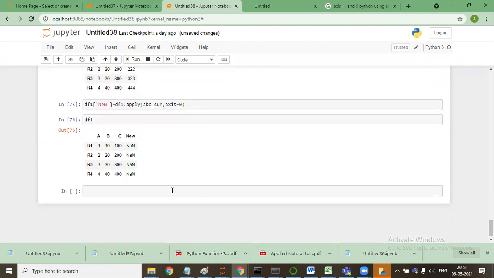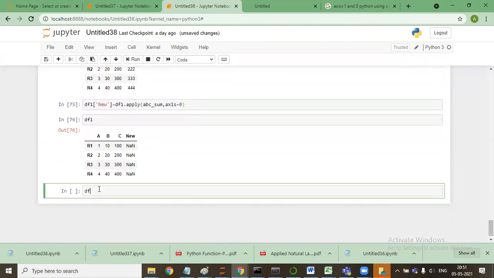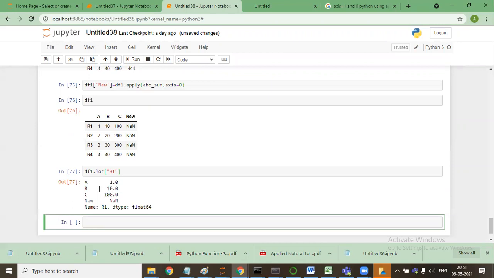Okay. If I need to select, df1.loc, if I say r1, it will give me the first row.